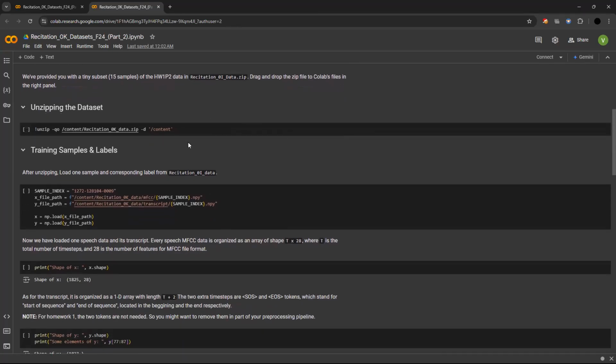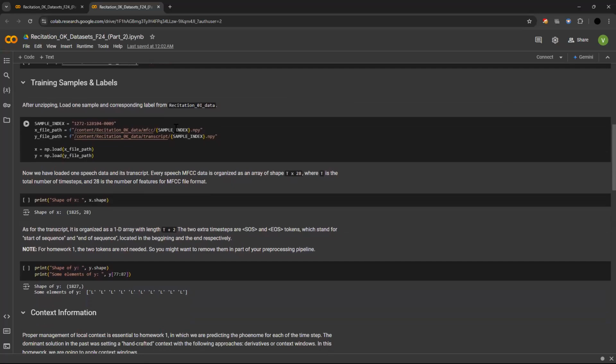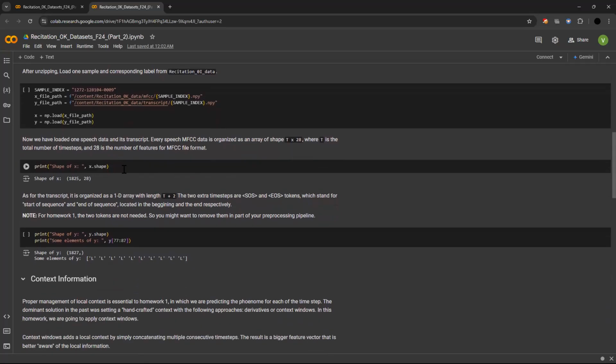First of all, we need to unzip the dataset. The dataset is going to have your samples and your labels. If we load, say, one sample or a label, we see that the shape of X is 1825 by 28, where 1825 is the total number of time steps,